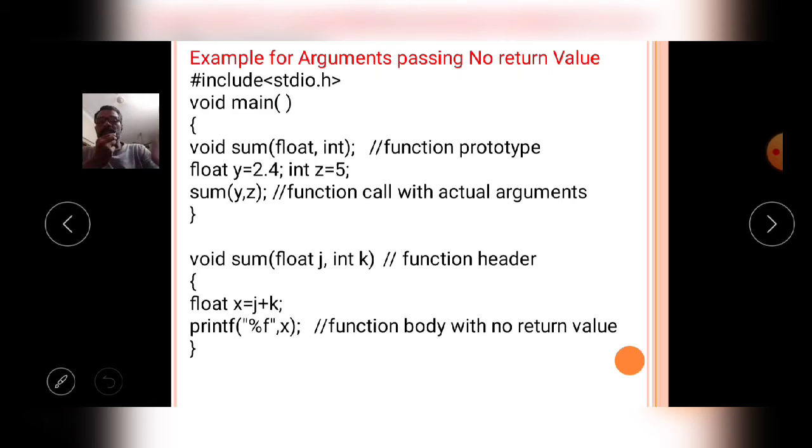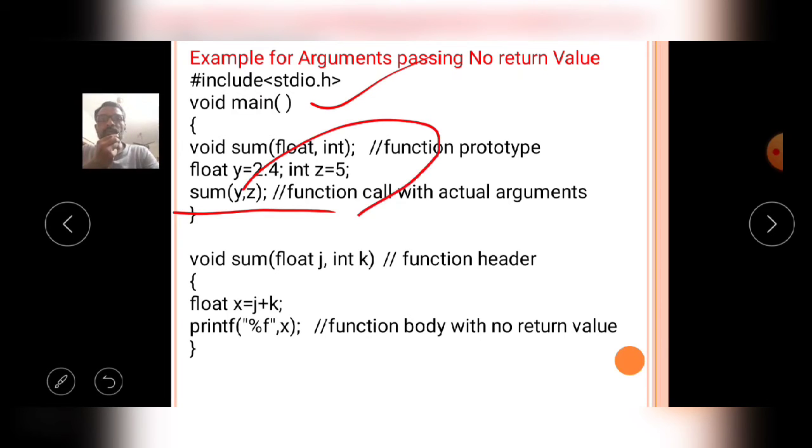In this example, sum is the user defined function called by the main function. The control is moved from the caller function to the calling function, and the actual arguments are copied into the formal arguments.